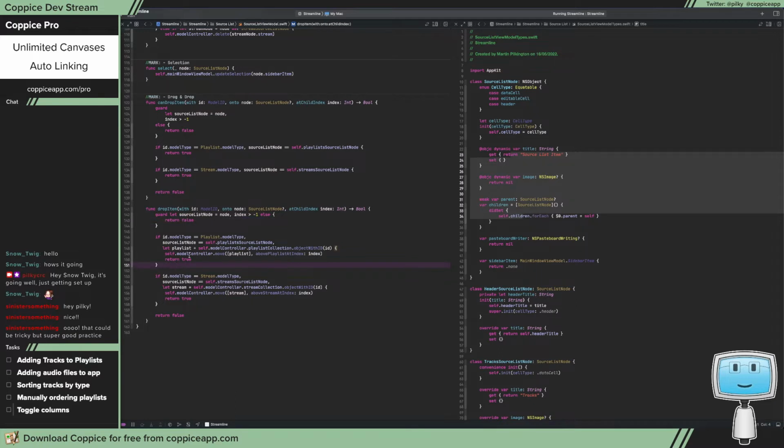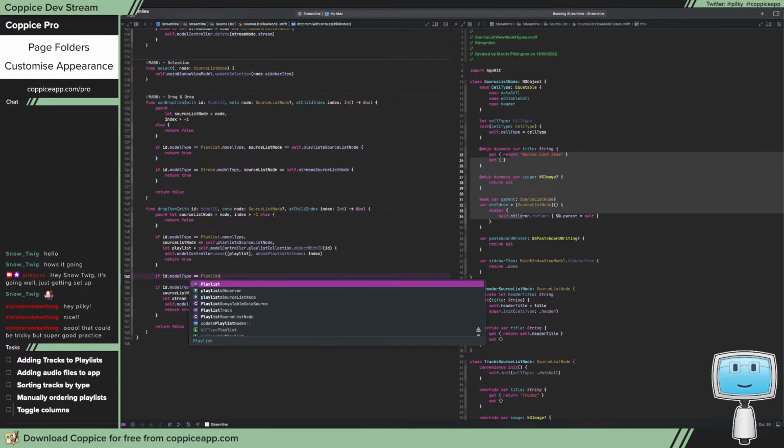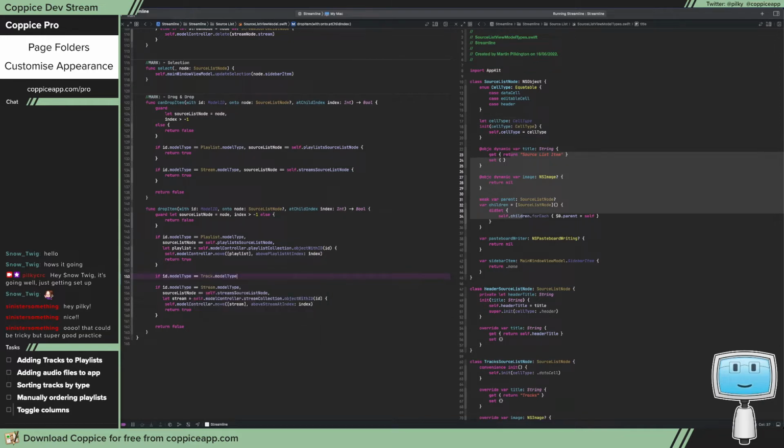Okay, so if the model type is equal to track, that model type,